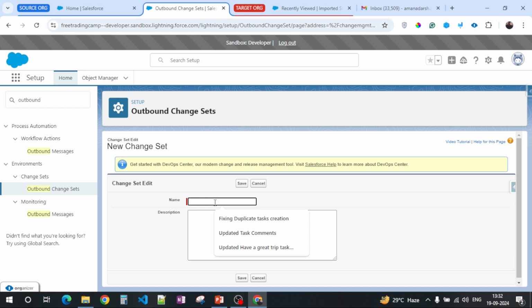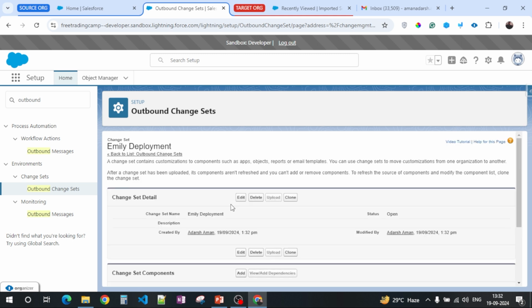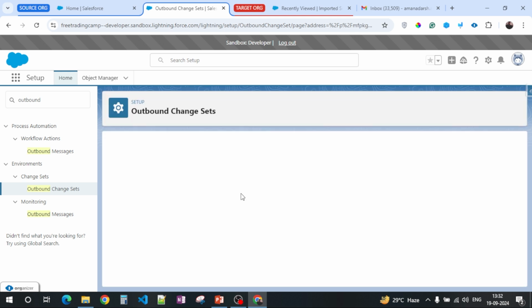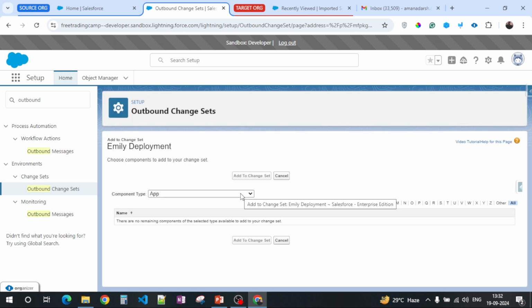You can give any name, like I'll give it Emily's deployment. Now you have to add all the components which you want to move from this sandbox to another sandbox. Click on add.